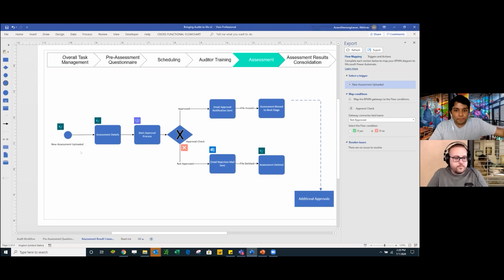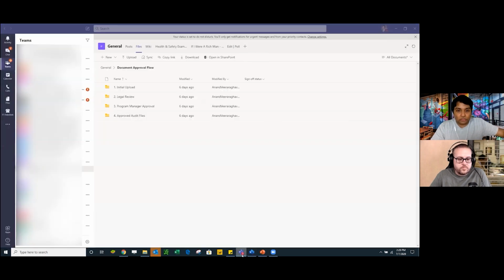Cool. Awesome. Just one additional element that I wanted to touch base on is not necessarily all of this needs to be started on a Visio, right? This is one way to do it. I think it's important to kind of know that you can do this in multiple ways. And I'll kind of show you one other way that we use quite a bit, but you could start from Microsoft Power Automate itself. And additionally, because of the beautiful integrations that you guys have, we can also start from the Teams SharePoint itself,